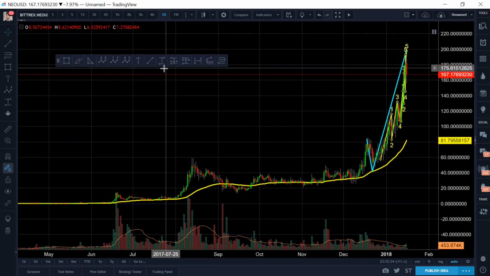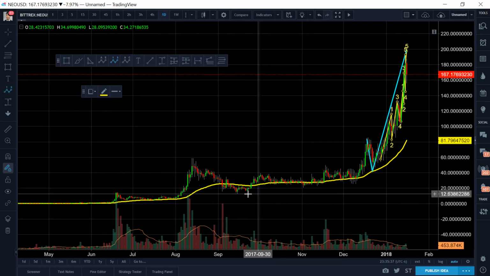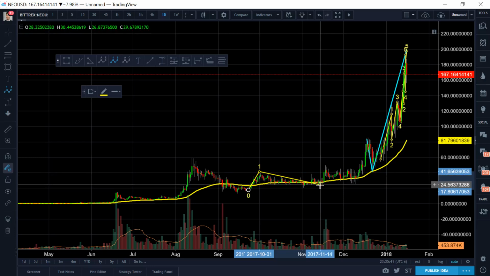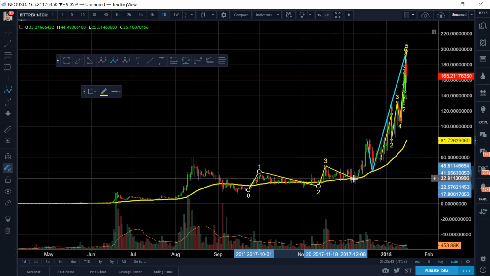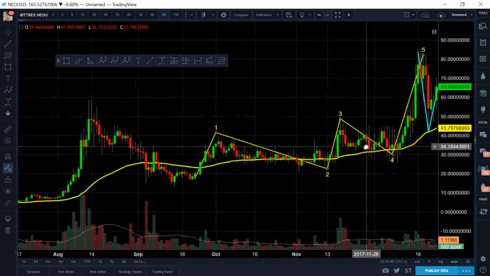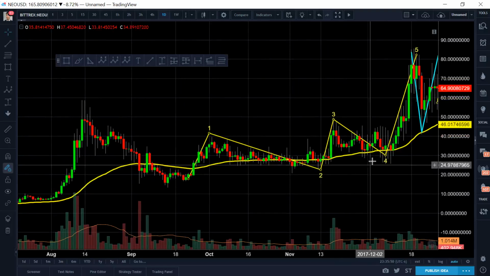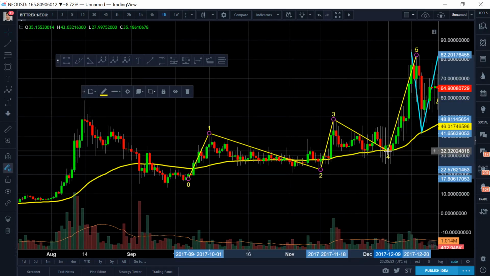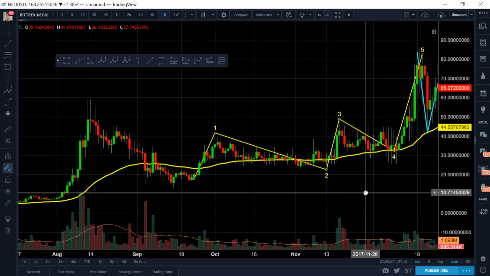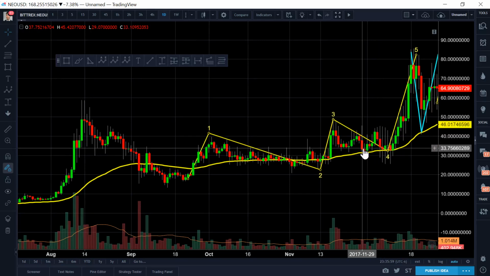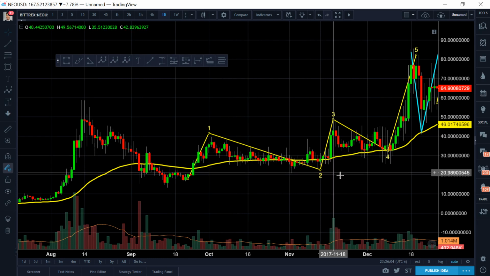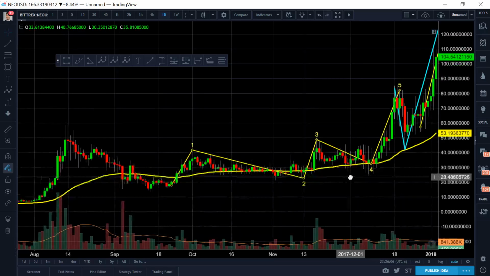Now, we also try to confine other areas. Now, let's say that this was 1 right there. That was 2. This is 3. That's 4. And this is 5. Does that make sense? But you know what? I like that. I've seen other people draw like this, but the reason why I don't like it at the same time is because the wave 4 overlaps heavily into the wave 1 territory, which I don't like.